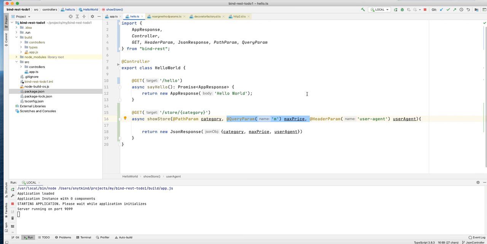So all I can do is just move this parameter to the end, just cut and then paste to the end here. Now what I can do is add a default value. Let's say 10, right? So if I reload now